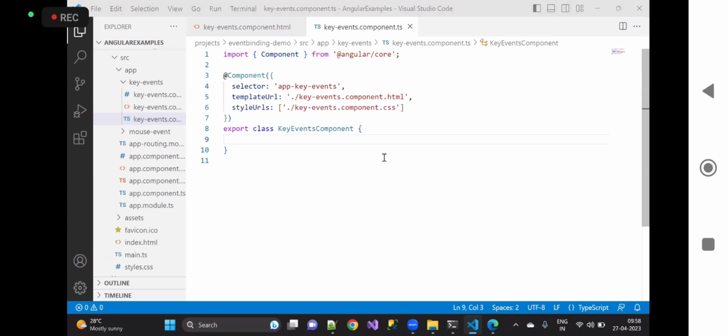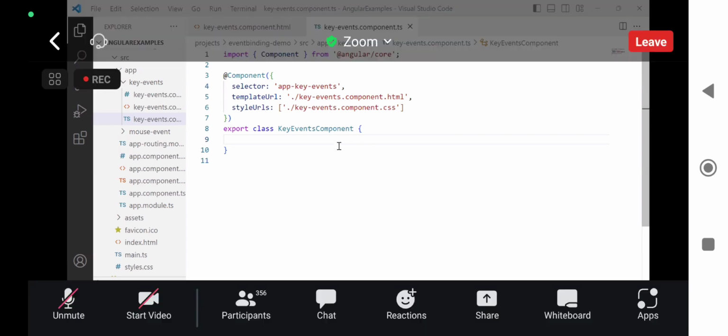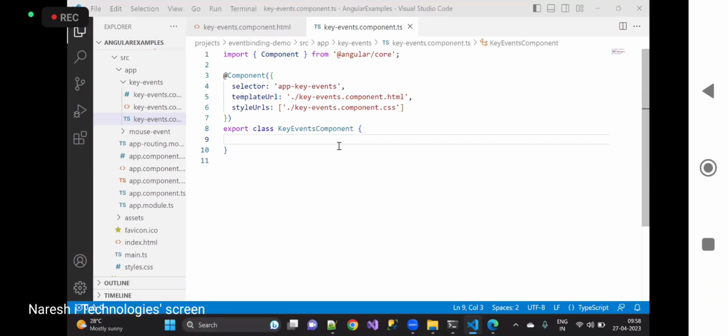Ramakant, what is a key event? Keyboard. In your laptop you have the keyboard, right? Yes sir. Tell me at least, do you have the keyboard? In that keyboard, when you press the key and release the key,